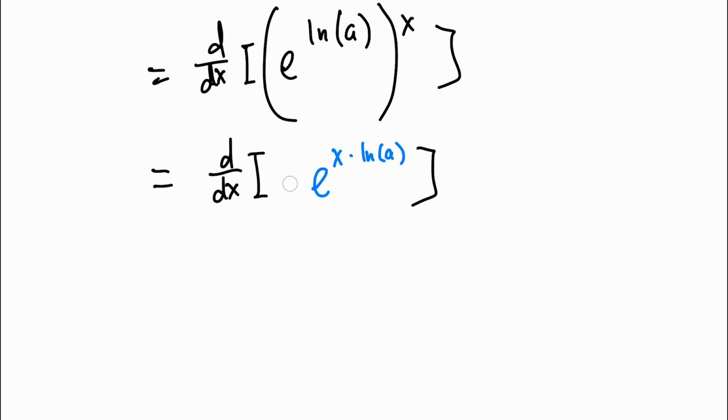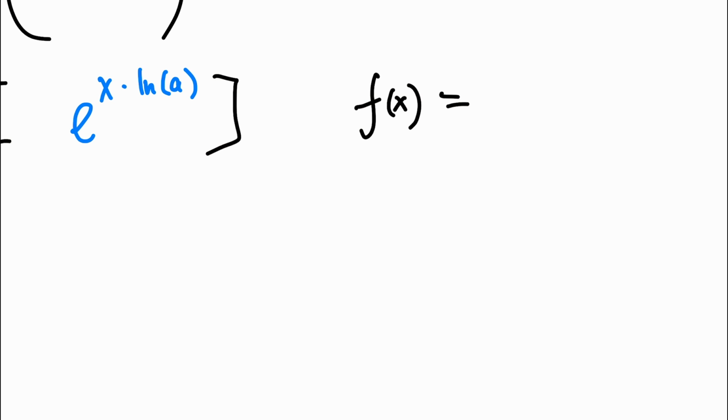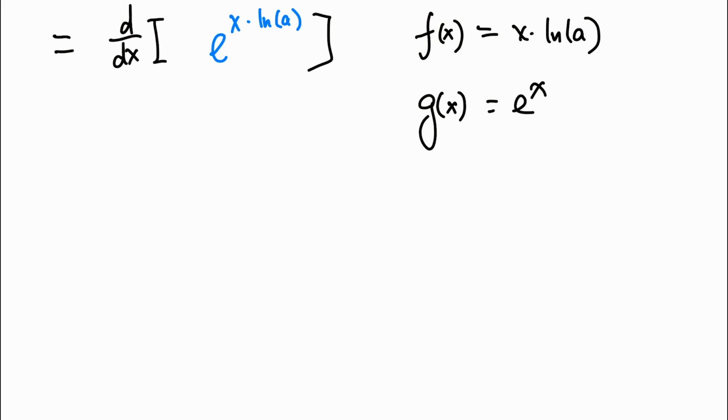Let f of x be equal to x times ln of a, and g of x be equal to e to the x, and we can use the chain rule on top of that. So that will be equal to the derivative of that, which is just e to the x times ln of a,